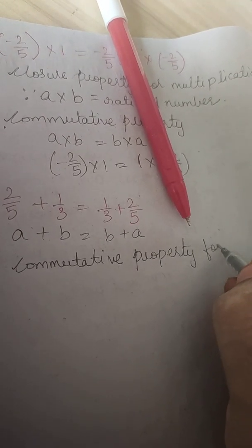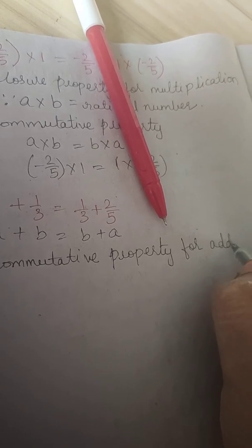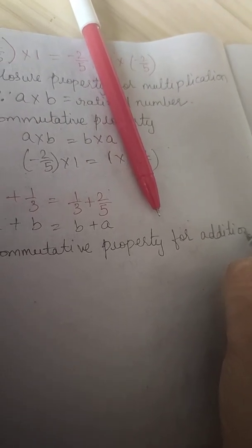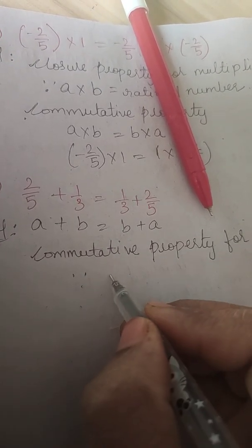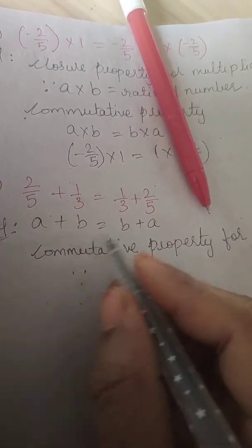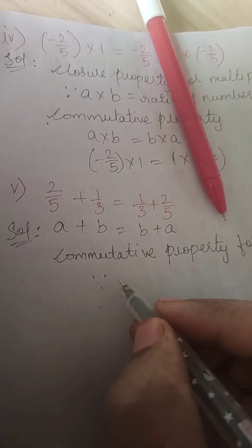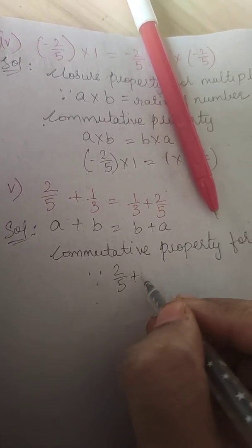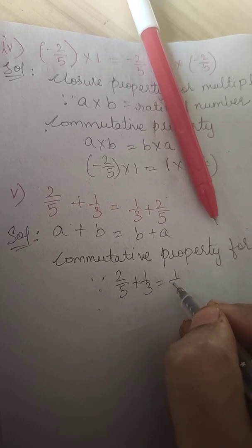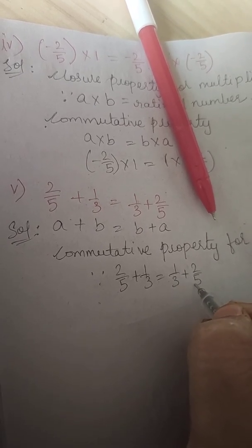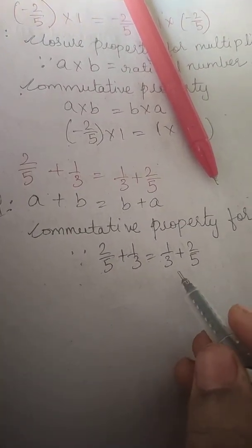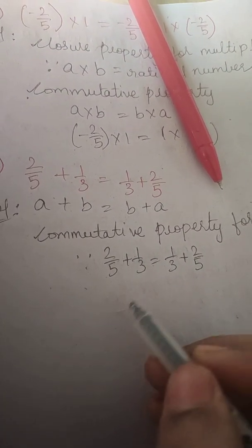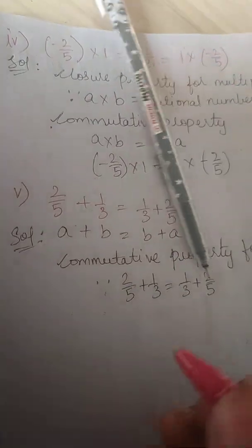Okay, since 2 by 5 plus 1 by 3 is equal to 1 by 3 plus 2 by 5, both are same. That is, next we will see